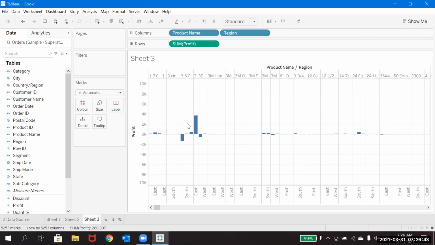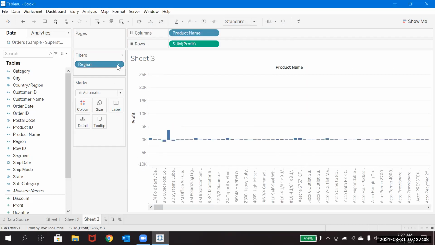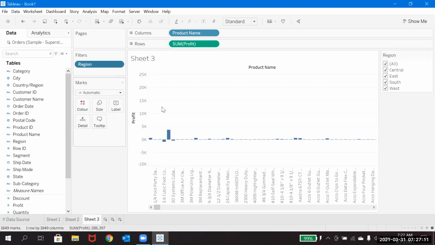See, now by seeing this, the moment you dragged all these fields into this view, you cannot read this data properly. So you understood that very clearly. Now what you will do, you will keep the region as a filter and show this as a filter. And even in this horizontal way, you're not able to read this data clearly,